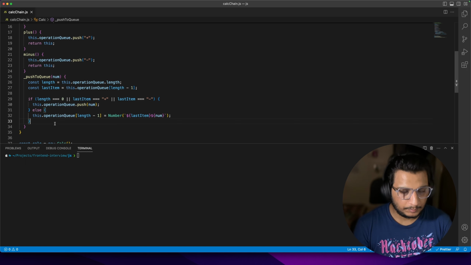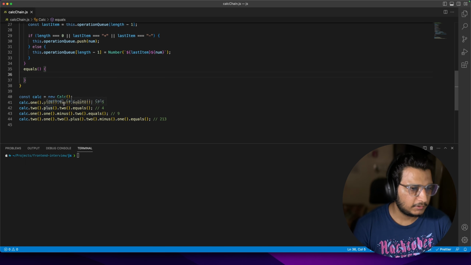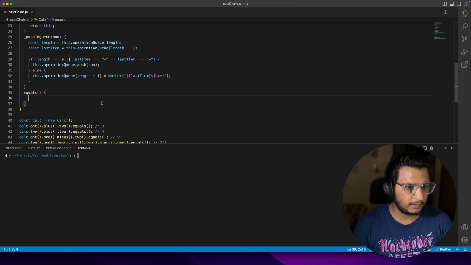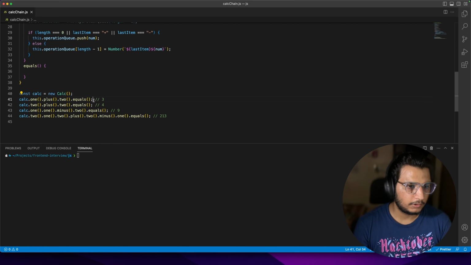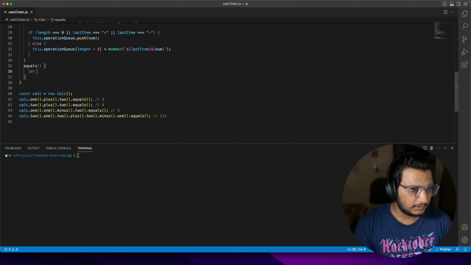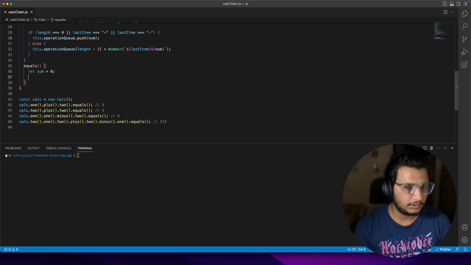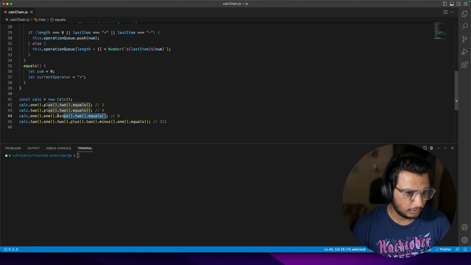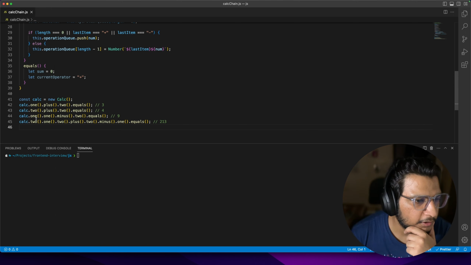Now the final piece of the puzzle is the equals. What this will do now, after everything is pushed to the operation queue, we are just going to calculate the sum and return it. So I will take a sum which should be 0 initially, and I will also take a current operator, right? Current operator which will be plus by default. Now why plus as default? Because let's see for this operation, right? So this one includes a minus 1, right? So what will happen